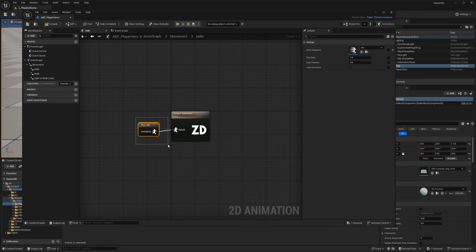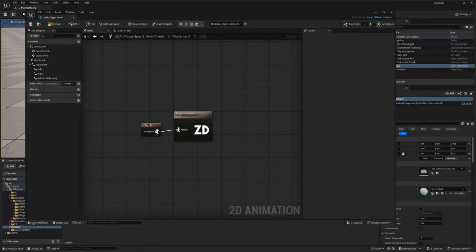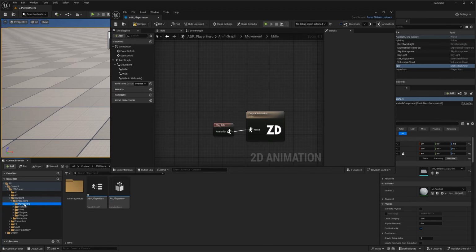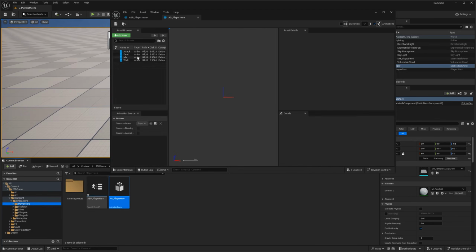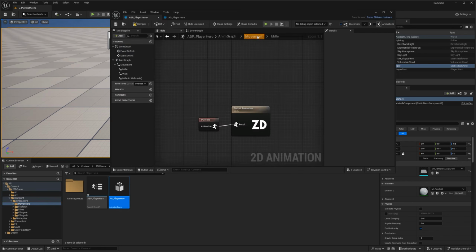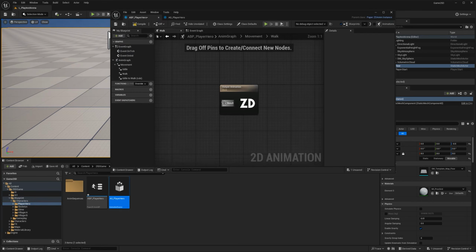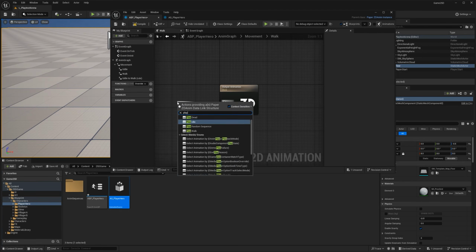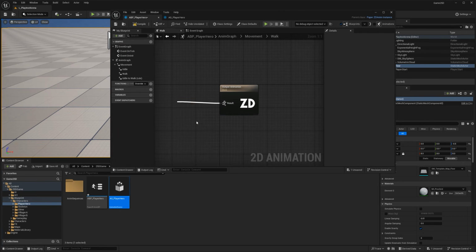And if you're asking how does it know what this is coming from, it's because we set up the, oh no, don't move folders. Oh my god, my mouse is acting up. So we set up this before when we create this animation source. So it's essentially reading that. Okay, so idle is there. Go back, go to walk, push here, play, walk. Ctrl-Shift-S before we crash anything. Compile, save again. All right, so let's go back to movement.